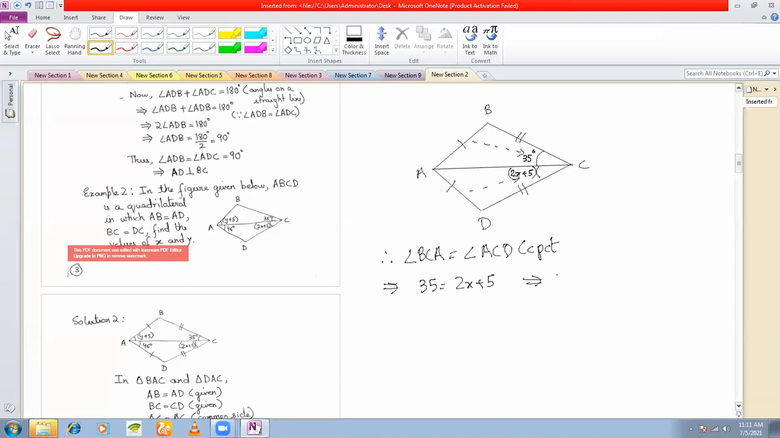So you get an equation here. So you get 35 minus 5